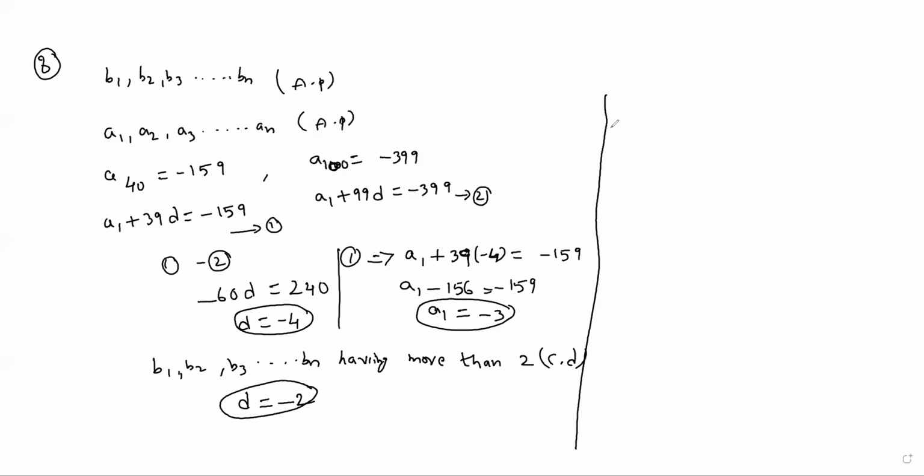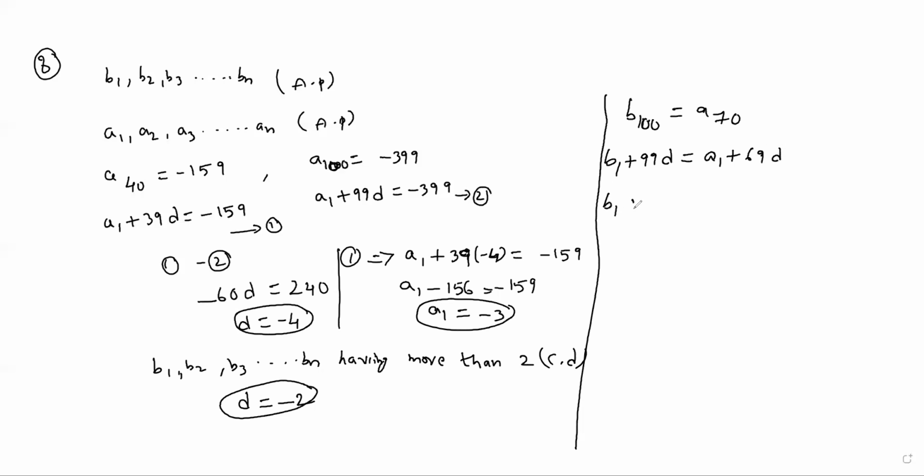What is the condition given? That condition is B100 is equal to A70. A70 is from the A1, A2 and so on, An sequence. B100 is from the other sequence. Now here, what is the first term? B1, N is 99 into D, we know already. D is this minus 2, we need to use. Here A1 plus 70 minus 1, 69 into D.